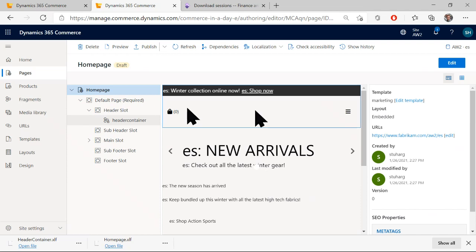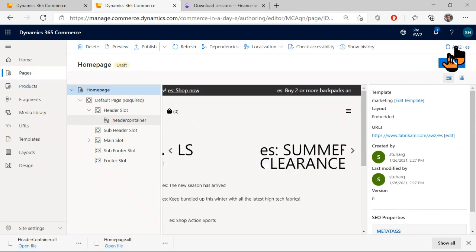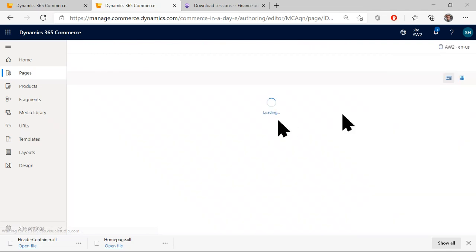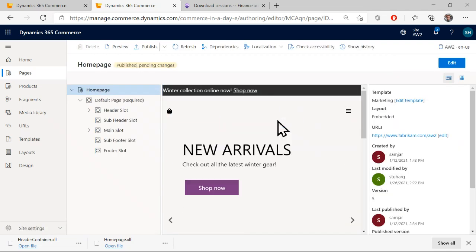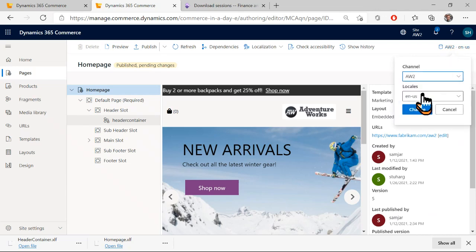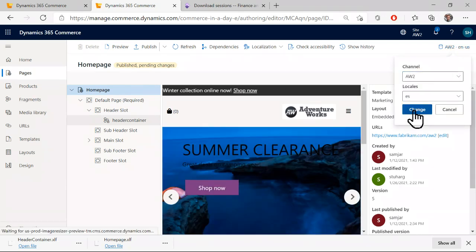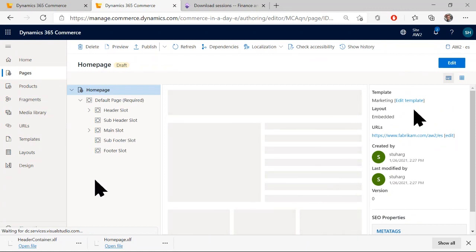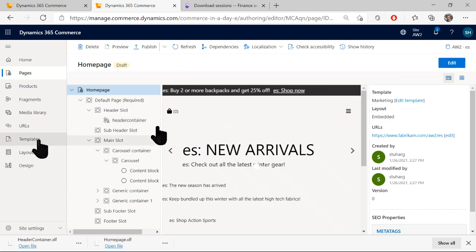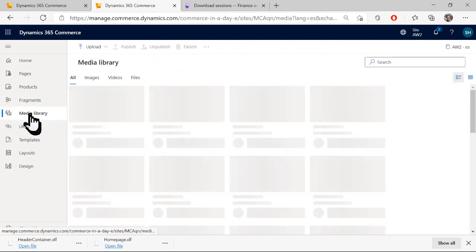Now, what I also want to point out is that this header, let me show you in the ENUS version, actually has a logo in it that you're not seeing in the localized version. The reason for that is that just like fragments, media assets like images are also reusable assets and also contain localizable content that needs to be localized. And so if we go over to our media library and find this particular asset,